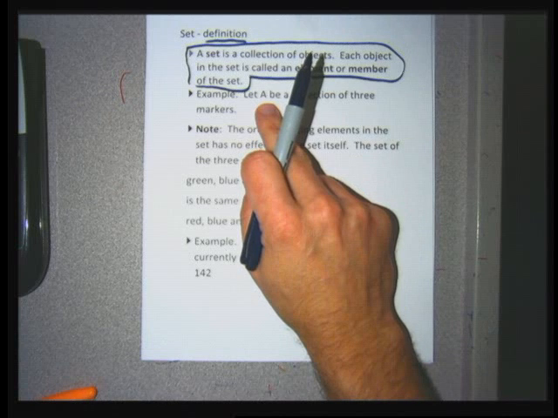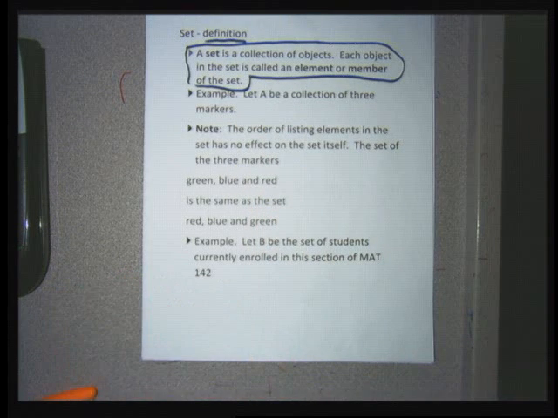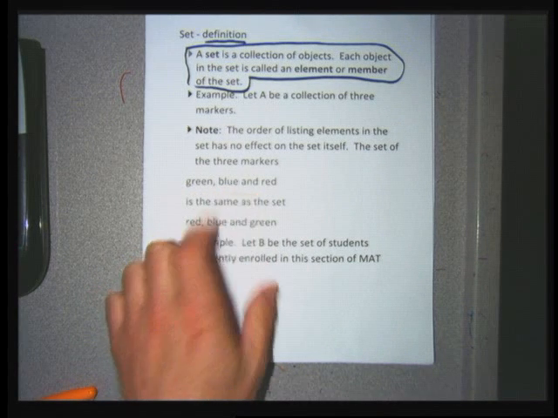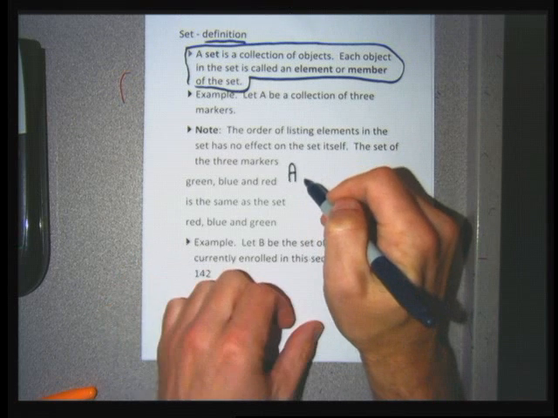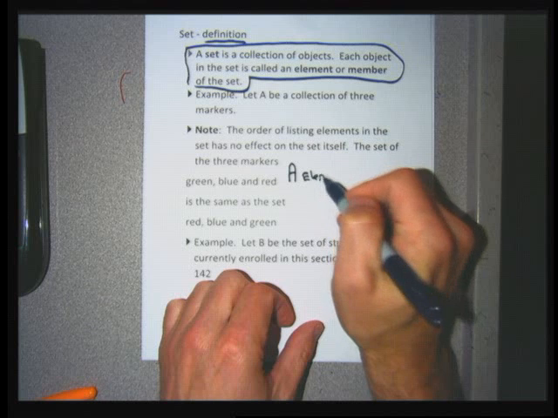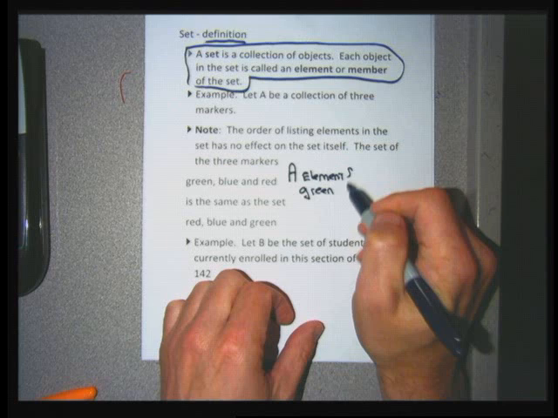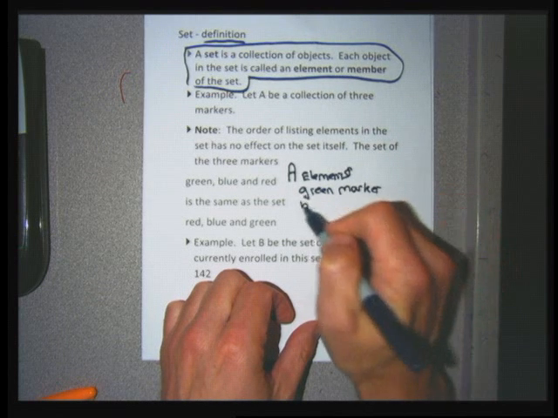Sets are usually named with capital letters. So I made A as a collection of 3 markers. So A is a collection of 3 objects. Each object is a marker, and each object we would call an element or a member of the set. So if A had these 3 markers in it, green, blue, and red, I can say the set A has the members or elements, the green marker, the blue marker,